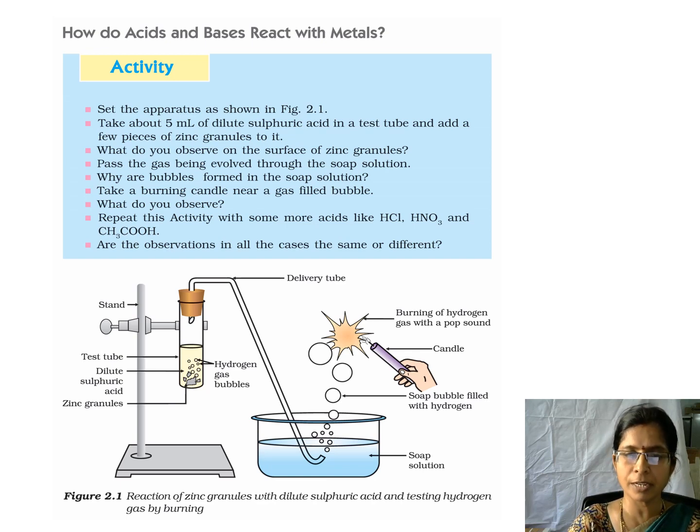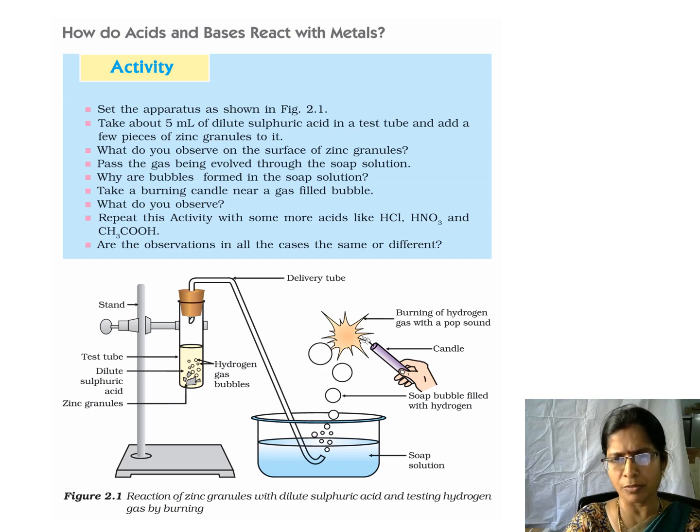Now, the chemical reaction. When sulfuric acid is reacting with zinc granules, the hydrogen from the sulfuric acid is displaced and it comes out as vapors. And these vapors are collected through this bent delivery tube. That's the reason we have fixed a one-hole rubber cork through which a bent delivery tube is placed.